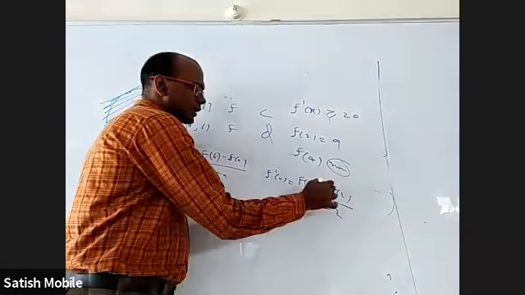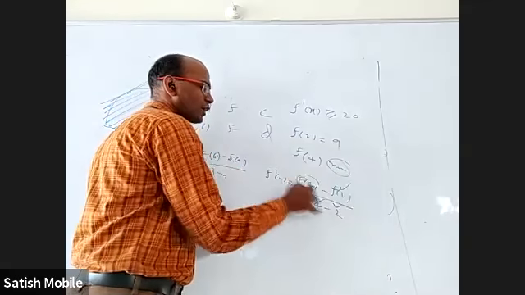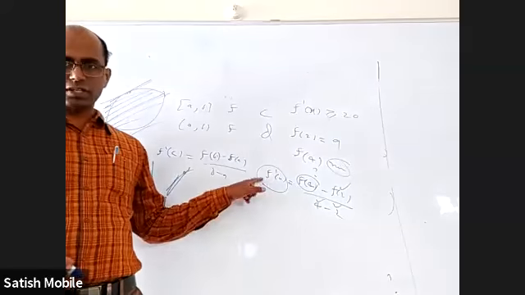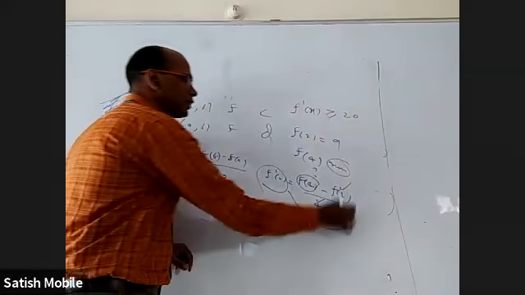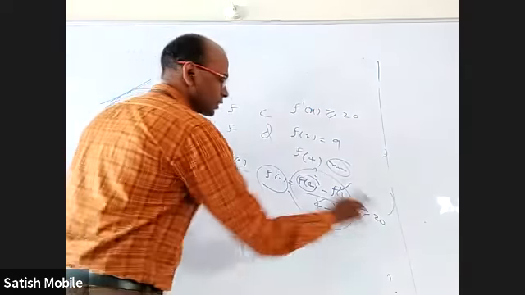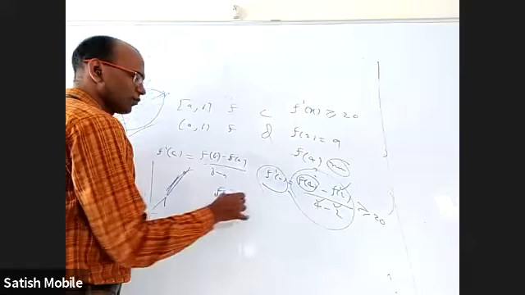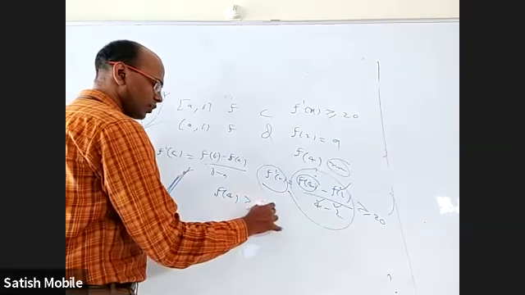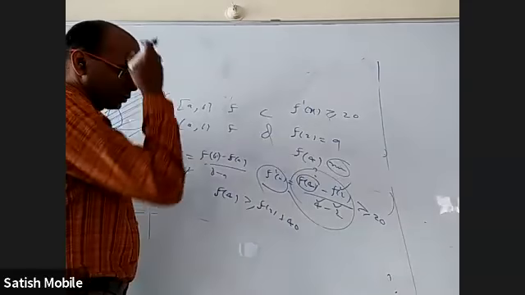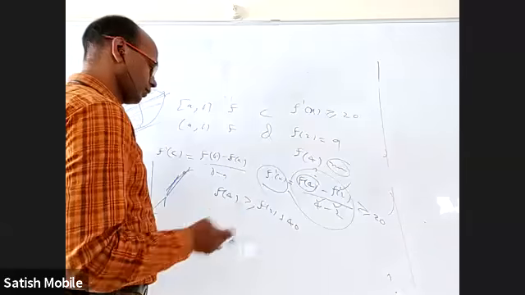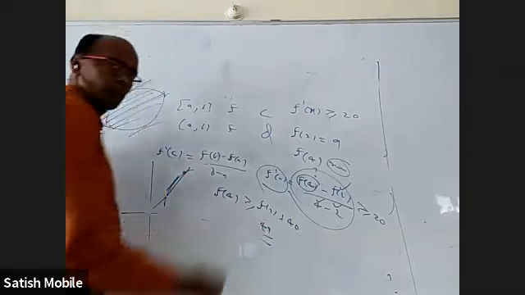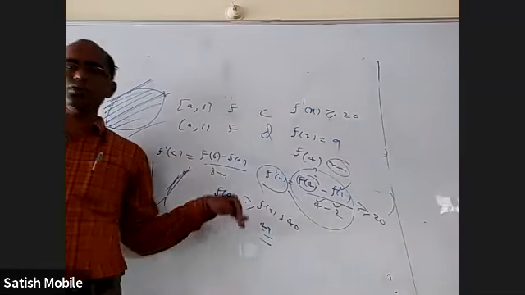Now in that, I know 4, I know 2, I know f of 2, but I don't know f of 4. But this is equal to f dash x, which is greater than or equal to 20. So even this also should be greater than or equal to 20. Now if you send this one here, this one that side, you'll get f of 4 is greater than or equal to f of 2 plus 2 into 20, which is 40. F of 2 is 9, so you'll get 49. Right? Okay. So this is using Lagrange's theorem.